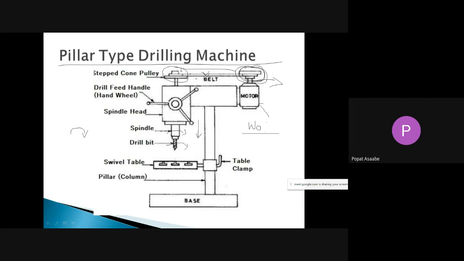How can we give the feed? For giving the feed to that drill bit, we just have to rotate this hand wheel. It is also called the drill feed hand wheel. With the help of that hand wheel we can give the feed to that drill bit. When we are rotating this hand wheel in clockwise direction, your spindle along with that drill bit is going to move in downward direction, and it will press into the workpiece and remove the material from the workpiece in the form of a hole. It means that it will produce the hole on your workpiece like this. Okay, this is the working and construction of a pillar type drilling machine. Simple.